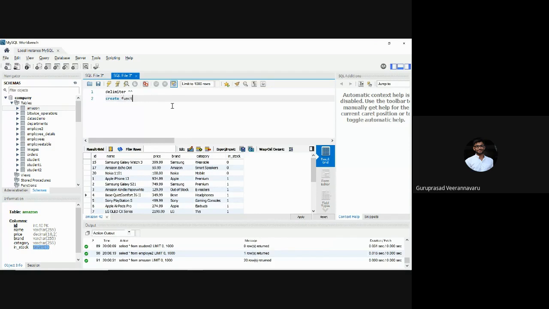Create function. The name of the function is in stock, and we take one value, an int ID. We call it item ID. The names of the two values should not be the same. In the table it is also ID, so if I take ID here too, it will be confusing. Item ID is of type int. And what does it return? It returns a varchar